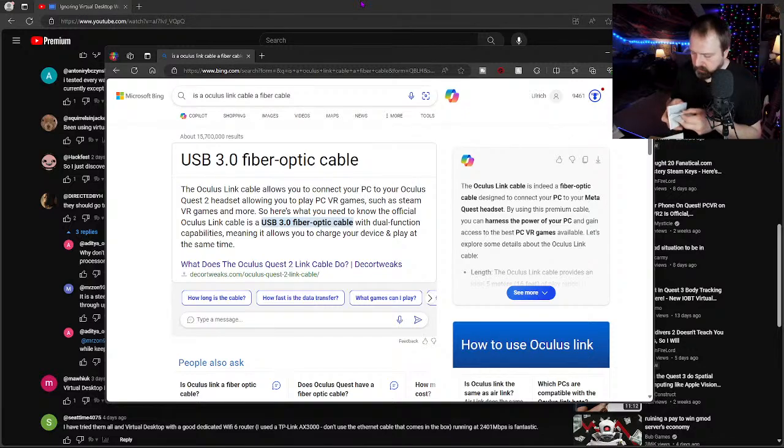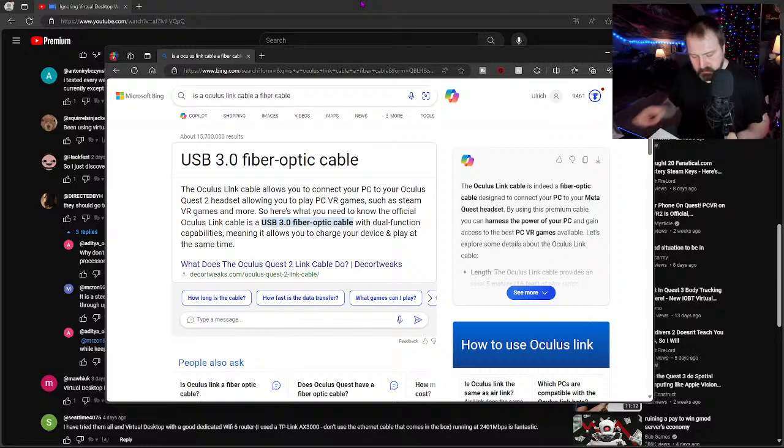So this is just like warranty stuff. I just want to know. Oh well, maybe this. So Oculus Link is meant for use with a compatible Oculus Quest headset. That meets requirement. Why would it not say in here what it is? That's just a bunch of different languages telling you the warranty.